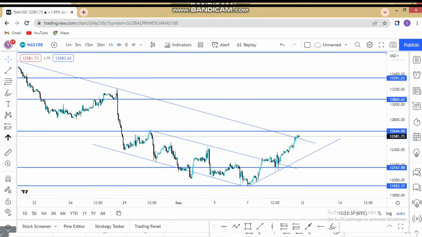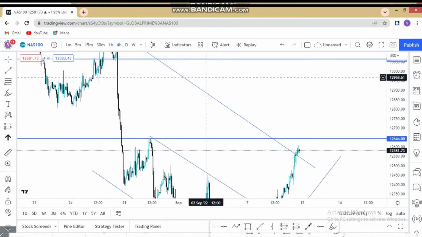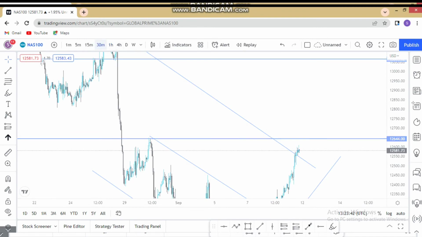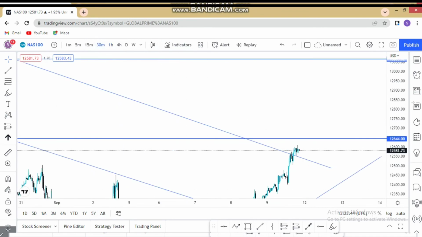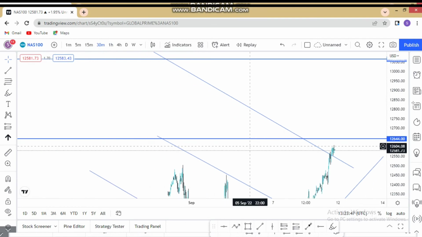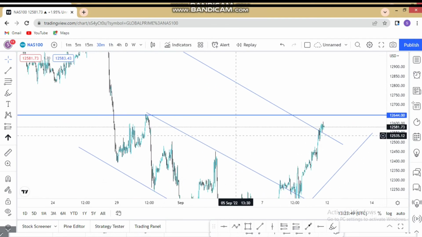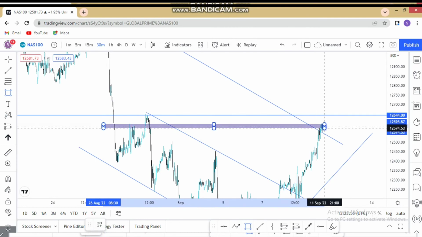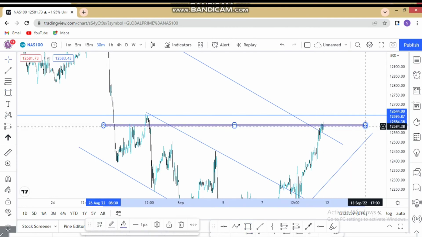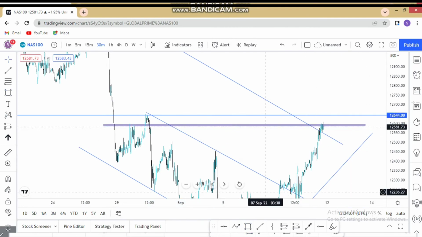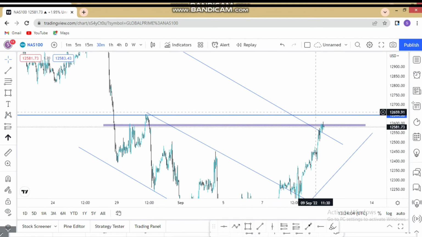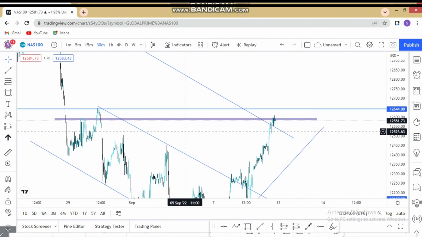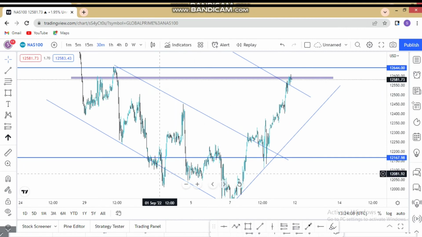Let's go to the H4 time frame. Now I see what's happening. Let's go to the 30 minutes chart, guys. Sorry for skipping that time frame, but there's something that I am spotting here. We have this area that NASDAQ is still trying to break. At this point it looks like it's failing to break it, but then it has to, because